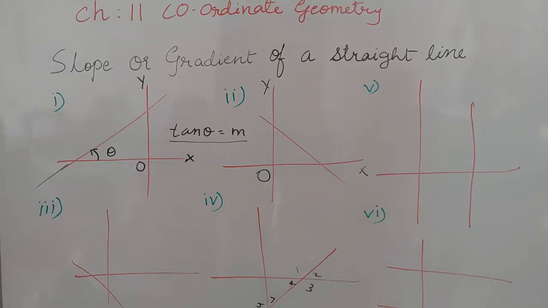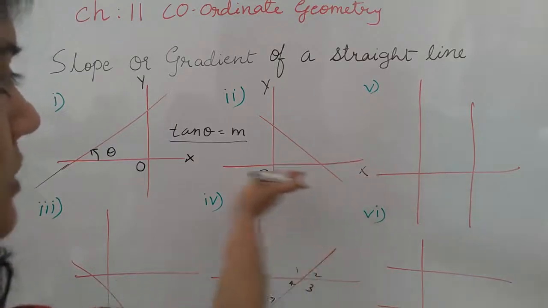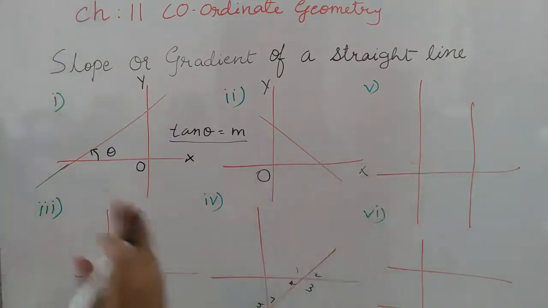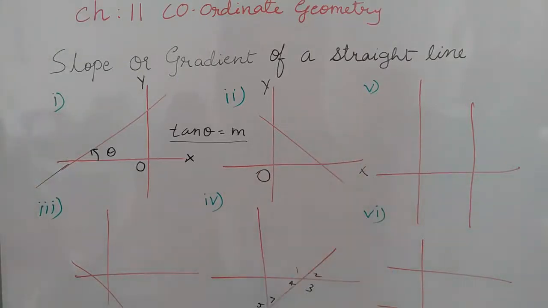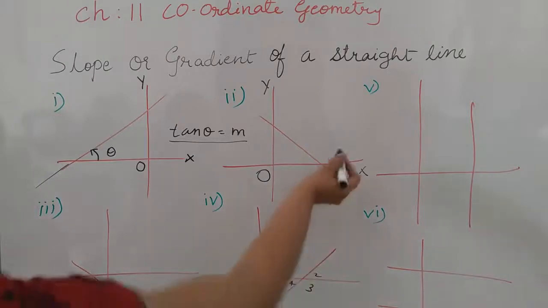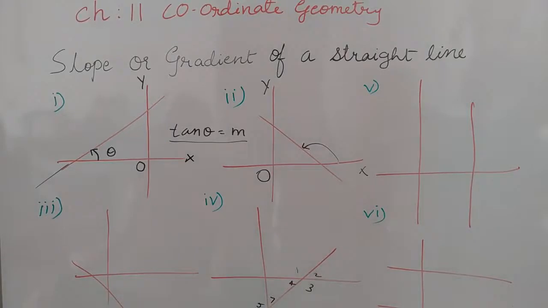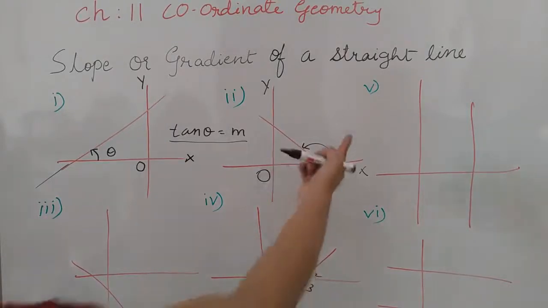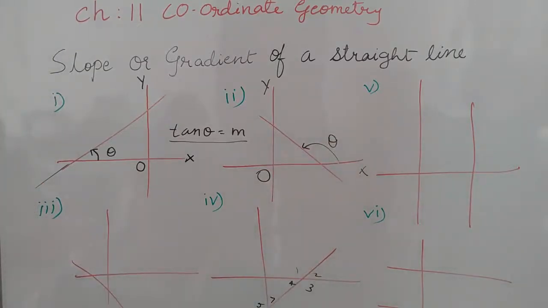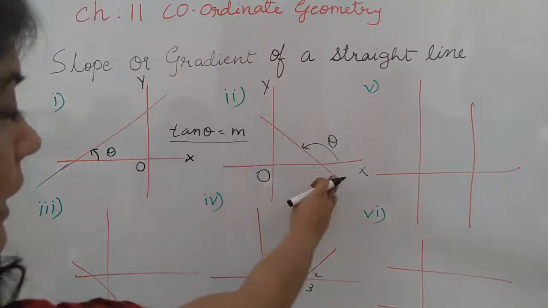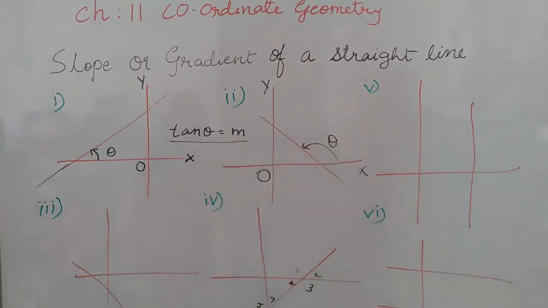So no problem students. With the x-axis, the positive side means this side. On the number line you have studied, the right of the origin or 0 is the positive side, and in the anti-clockwise direction. So this is the angle. Always you have to check with the x-axis, and that angle is the slope angle of this line. You can see this is the line and this theta is the angle formed here.